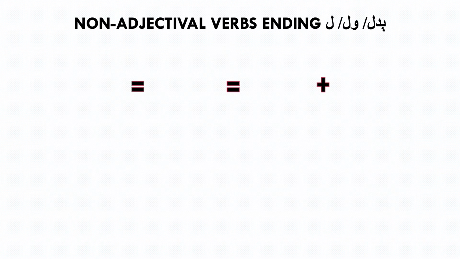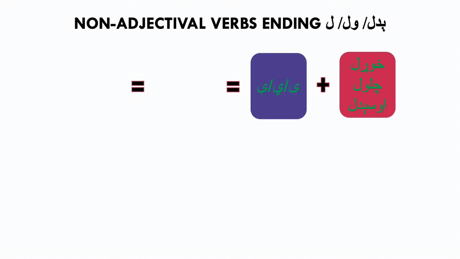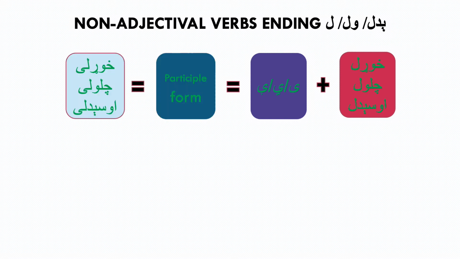Non-adjectival verbs ending lam, wal, and yedal. We will use the verb خوړل, چلول, and اوسېدل to form its participle forms. So we add the correct form of yes, and then we get the participle form, which in this case is